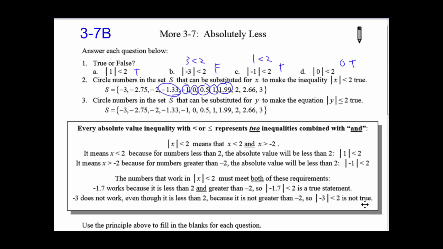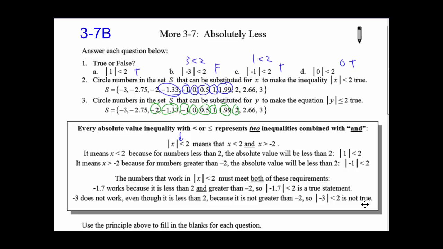So on 3, we are looking for less than or equal to. Well, we know these are already less than, so these answers you should still have circled. But because of the equal to, we now can throw in 2, and we can throw in negative 2. Okay. So absolute values with inequalities are just like the equalities that we just solved in 3.7a. Every absolute value inequality with less than or less than or equal to represents two inequalities combined with an and. Hence the symbol right here. This is a less